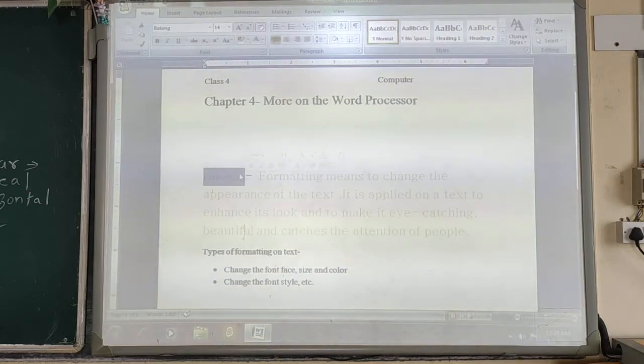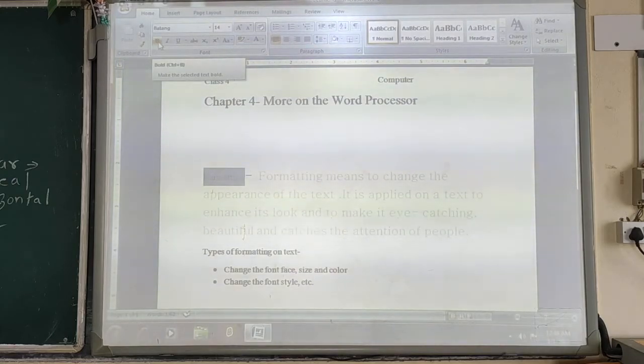Formatting feature. Okay, once you have selected, click on the home tab, and within the font group itself, you can see the option bold.